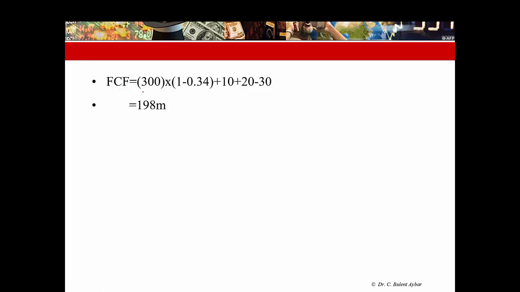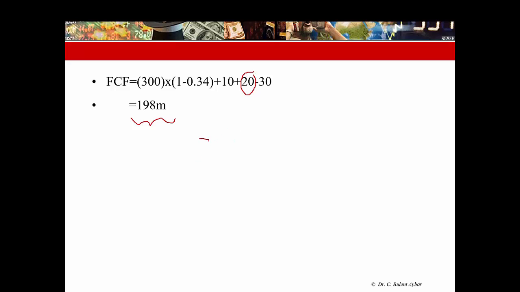and if you look at the formula in here, EBIT times 1 minus tax plus depreciation plus $20 million that was released from working capital minus $30 million that we paid out because of fixed asset investments. This means that free cash flows that is available to creditors and shareholders is $198 million. So if you notice in here, the minus sign in working capital requirement turn into positive in here because simply